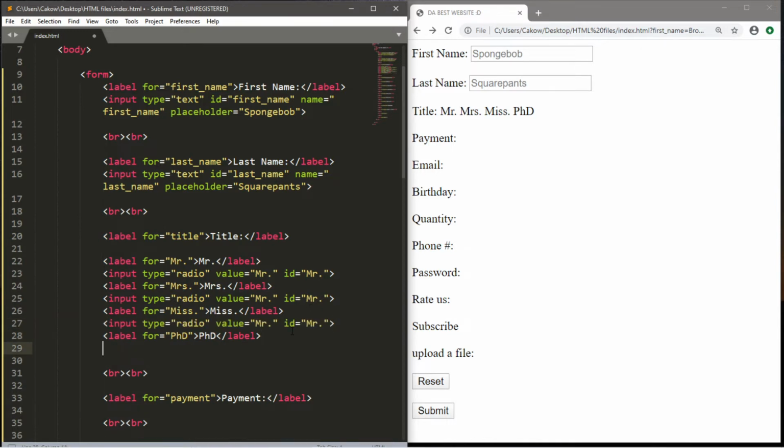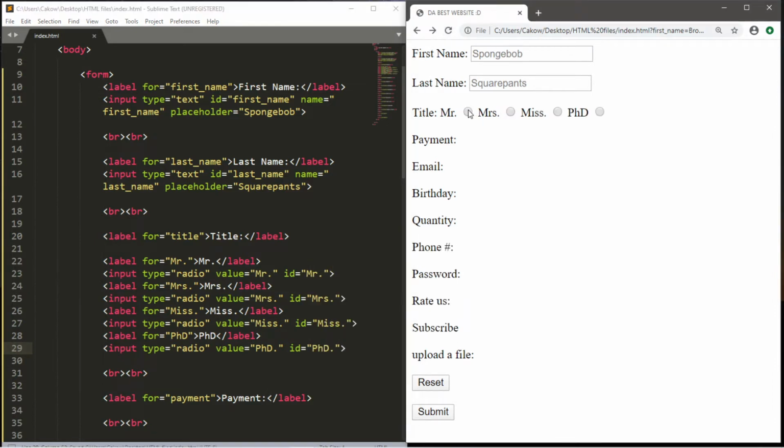So we have the Mr. radio button set up. Let's do the same thing for Mrs. We're just going to be editing some of these fields. We need Miss and PhD. Okay, let's save this, reload the page, and we now have a radio button after each of these titles,